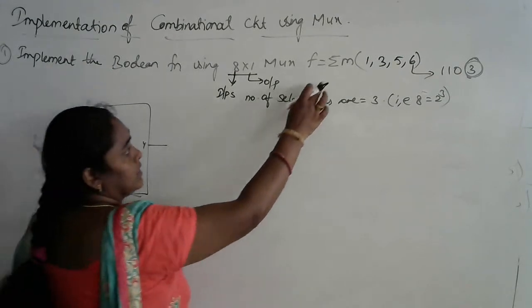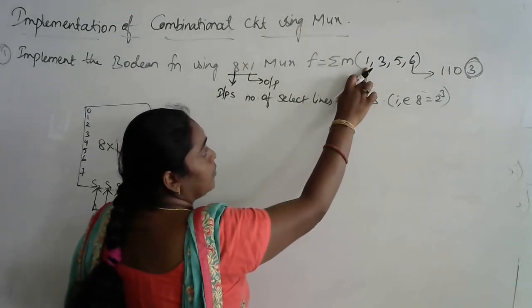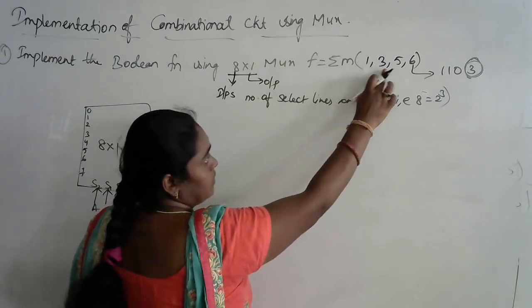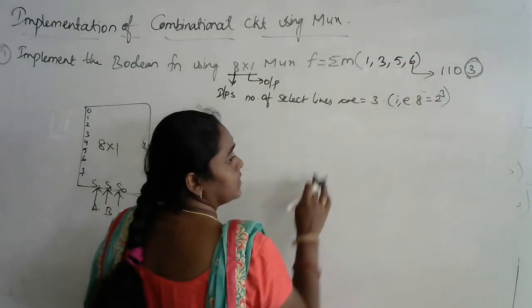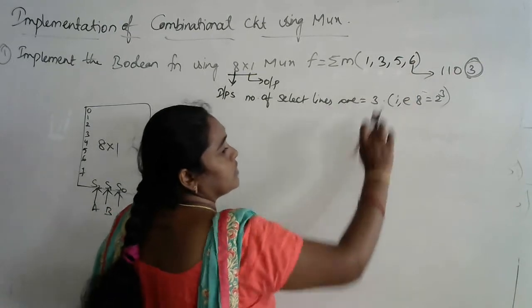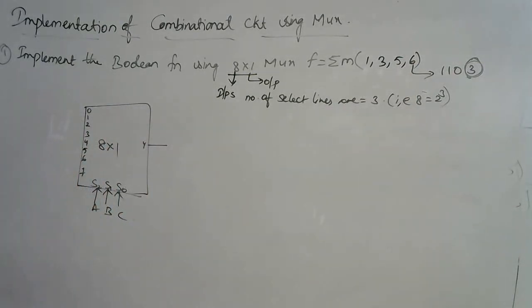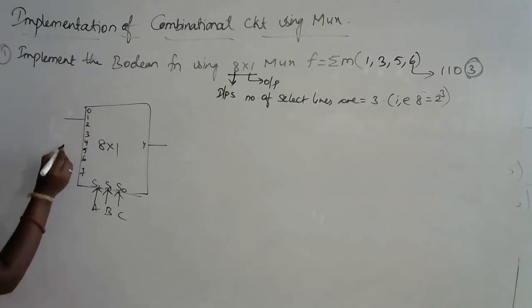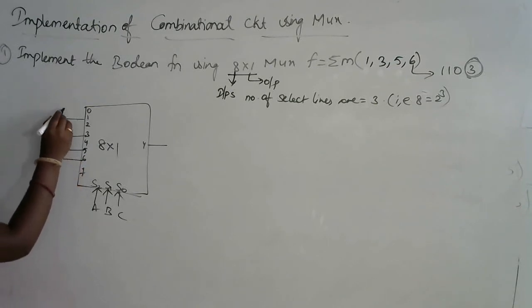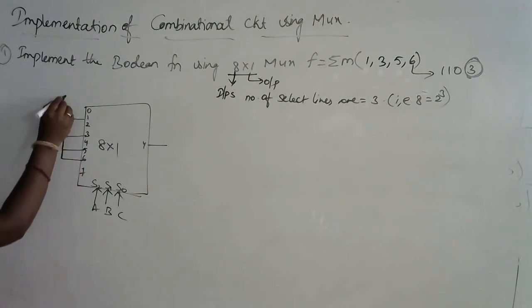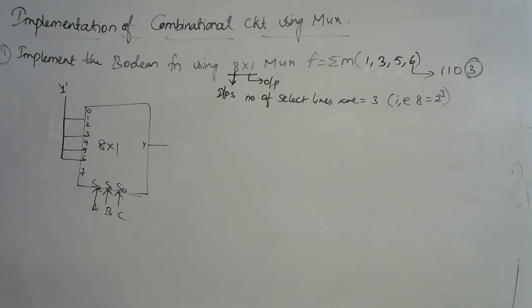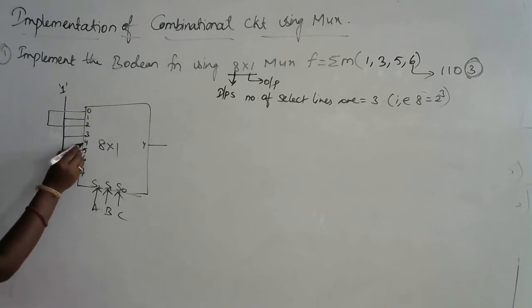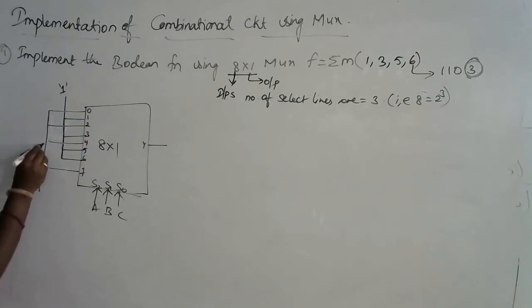The given question is 1, 3, 5, 6. If I am saying sigma m, for the corresponding 1 the output is 1. For 3, output is 1. For 5, output is 1. For 6, output is 1. And whichever numbers are not there, the corresponding values are 0. So short all those 1, 3, 5, 6, as these are equivalent to 1, and connect them towards 1. And all the leftover, that is 0, 2, 4 and 7, short all those and connect towards 0.